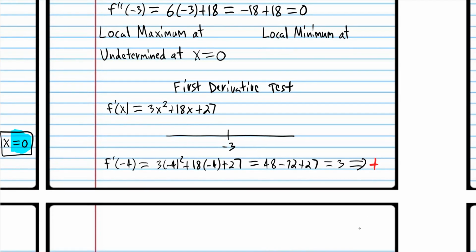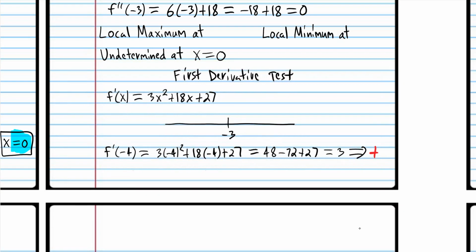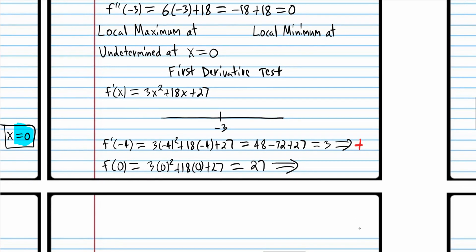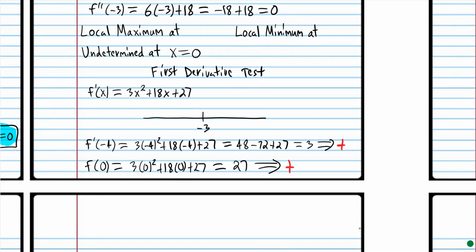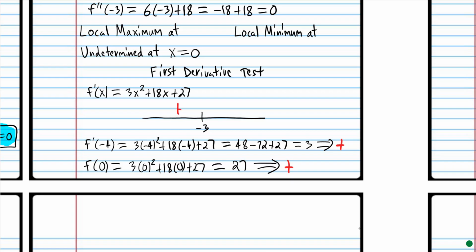And then we have to check the derivative to the right of that critical number. Let's try 0. That's an easy number to plug in. And we see we get a positive number, which is 27. So basically what that means, because the sign didn't change, we don't have a maximum or minimum value